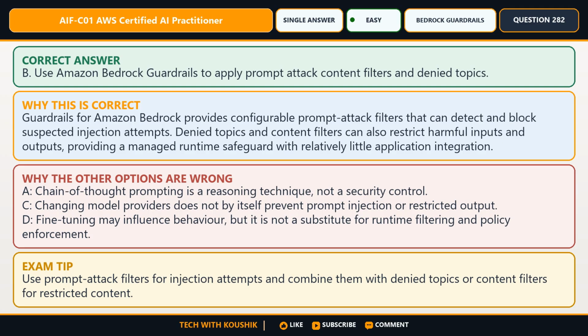C. Changing model providers does not by itself prevent prompt injection or restricted output. D. Fine-tuning may influence behavior, but it is not a substitute for runtime filtering and policy enforcement. Exam strategy. Use prompt attack filters for injection attempts and combine them with denied topics or content filters for restricted content.